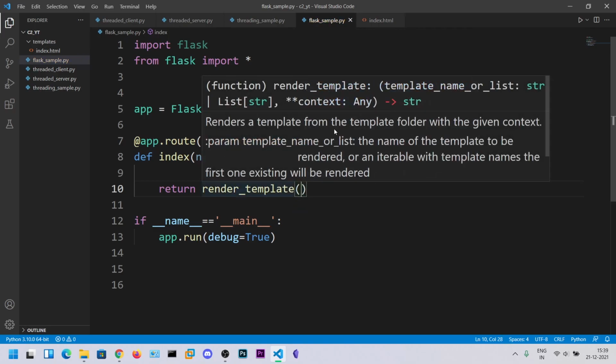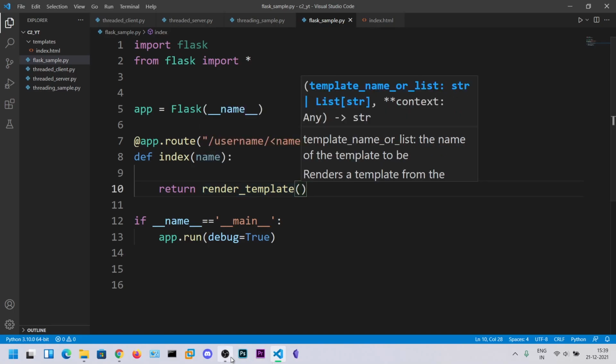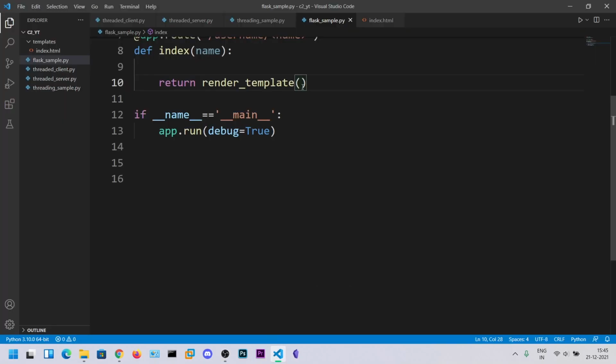You can see the syntax here. We pass the first argument, that is the file name, index.html. Flask automatically searches for the templates folder and the file named index.html. The second argument is that you can also pass variable names, so you can use them in this index.html.